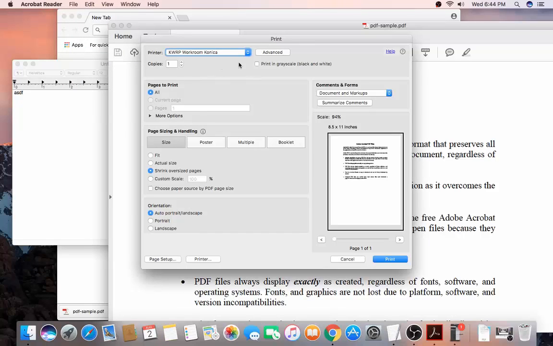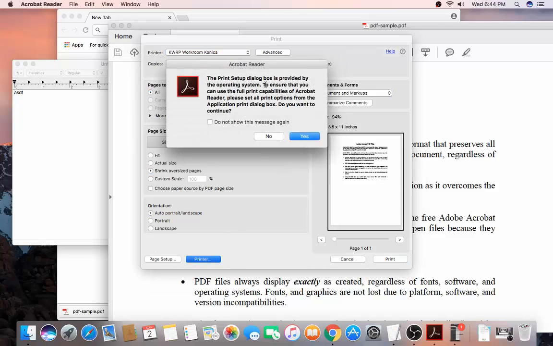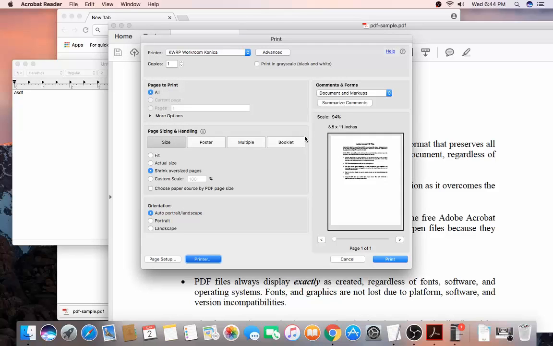Now once again, we don't see the preset option anywhere on here. What we'll be looking for is down here on the bottom left. For Adobe Reader it says Printer. For Adobe Illustrator it says Setup. You may have to kind of look around depending on the Adobe product, but it should be down here on the bottom left. So I'll click on Printer here. Get a little warning saying it's provided by the operating system. That's fine. If we hit yes and move on,